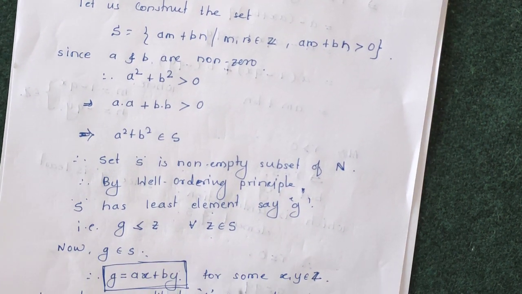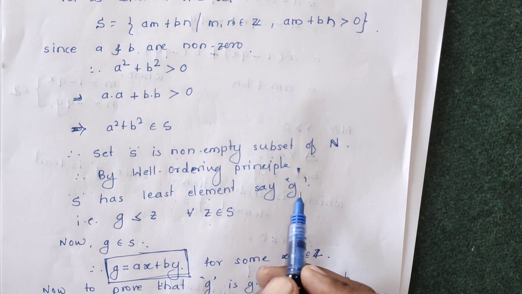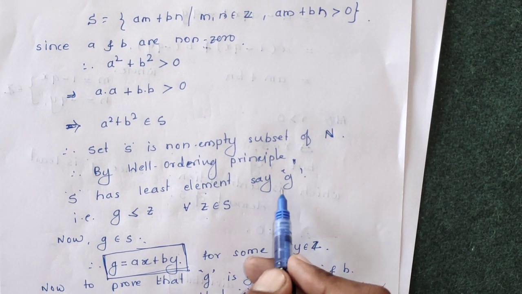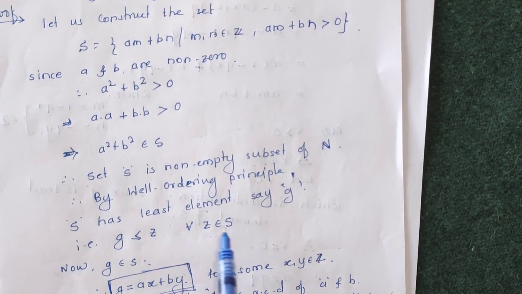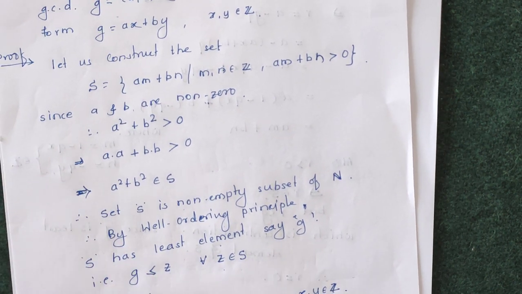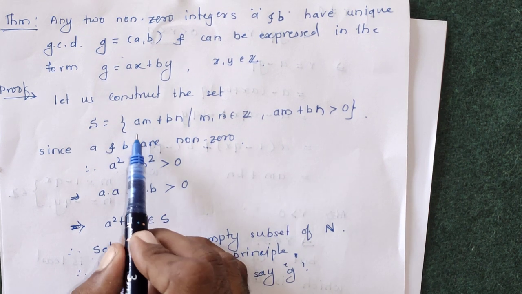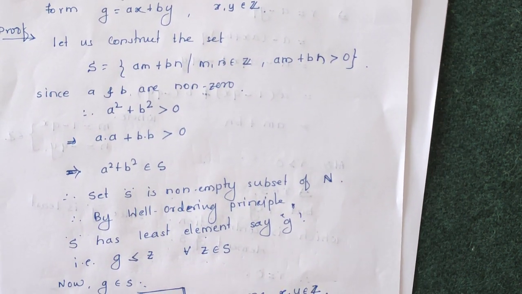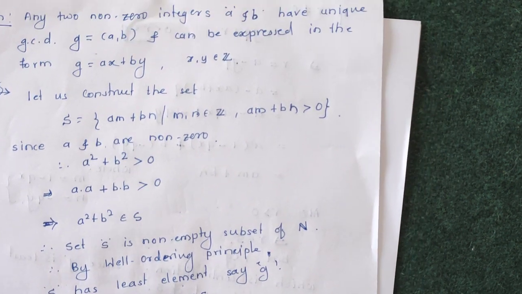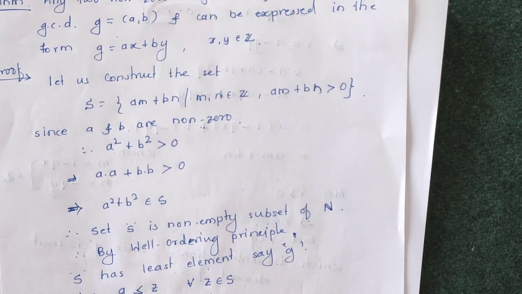So S is non-empty, and by the well ordering principle we get that this set S has a least element, and we call that element G, and G is the least element. So all the other elements are greater than or equal to G, and G is the least element of S, which implies G belongs to S, and elements of S are of the form am plus bn, that is G is equal to ax plus by for some x, y belongs to Z. So we get G as a linear combination of A and B, but we have to prove this G is GCD